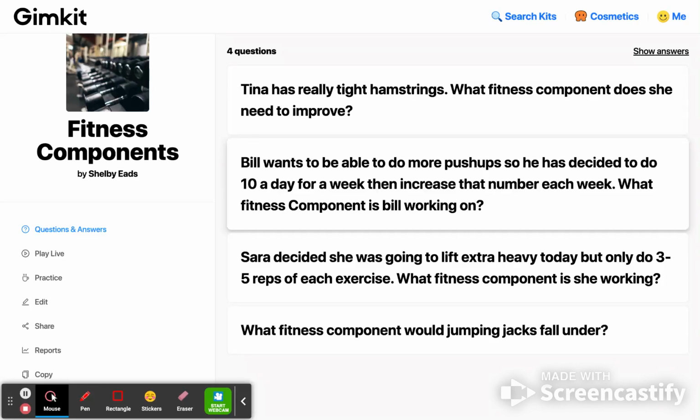All right, so this is a way to play a game while you're reviewing for different content. Within this lesson, we're learning about the fitness components. Within the fitness components, there is muscular endurance, muscular strength, flexibility, and cardiovascular endurance. We have been working on these for a while, so it's time to review just to be able to assess where everyone's learning is currently sitting